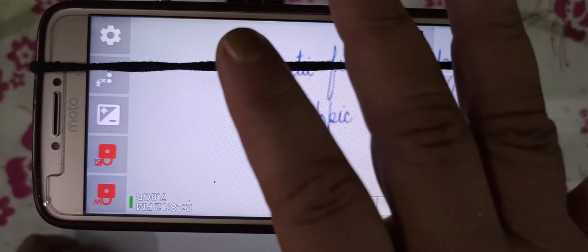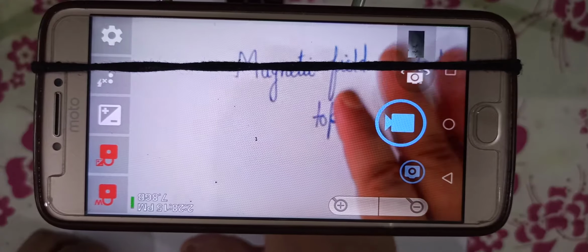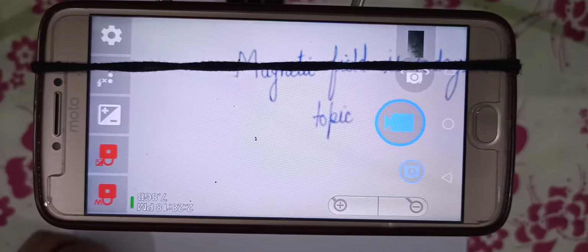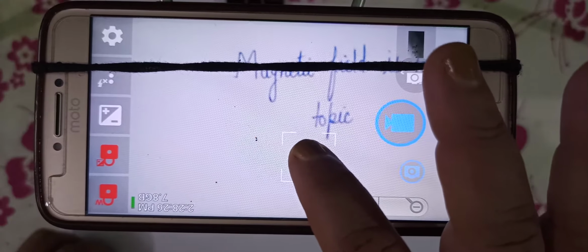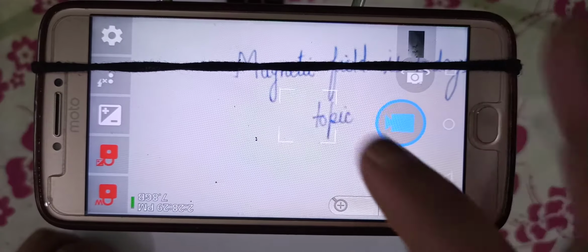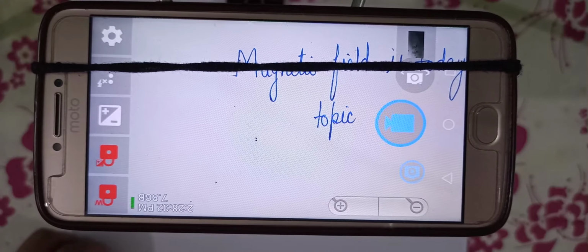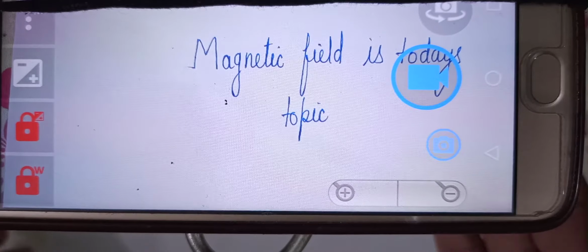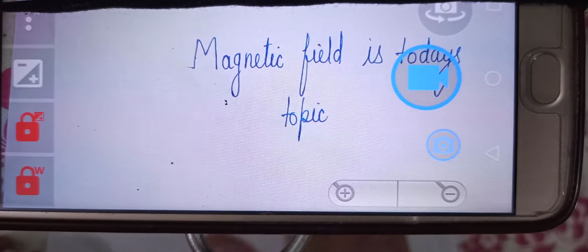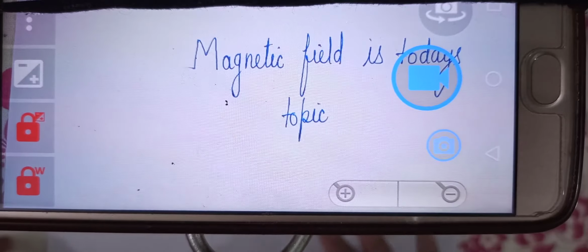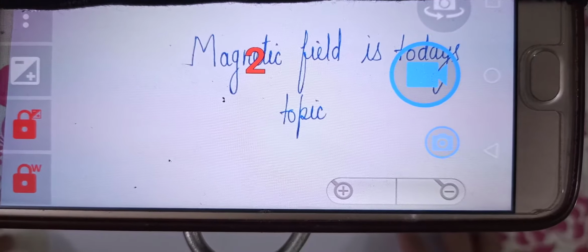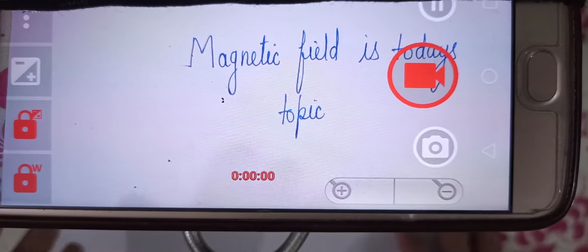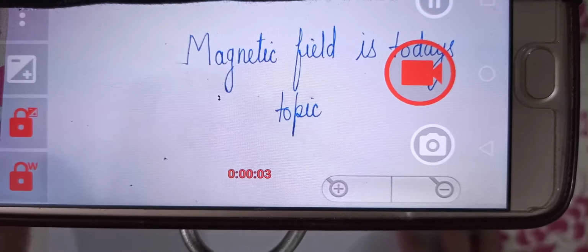Sometimes I have to keep this hanger at a little lower height because I have to put my phone over it, but if you keep it sufficiently high, then it is much better focused. Now I have increased the height a little, and you can see that the content is so clear. Now I will switch the camera on, and I set 3 seconds, and now recording has started.